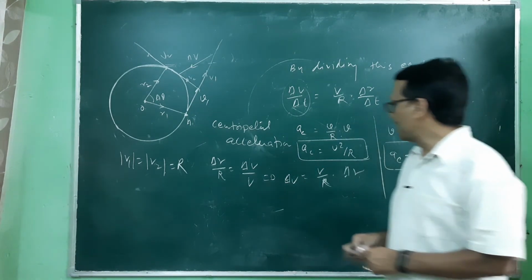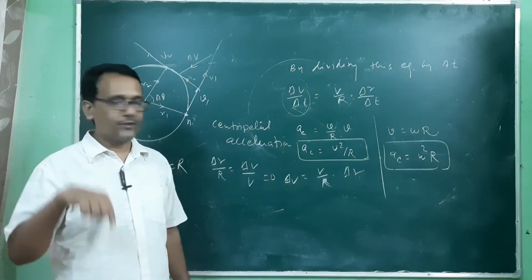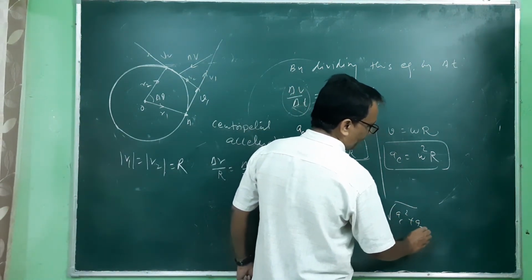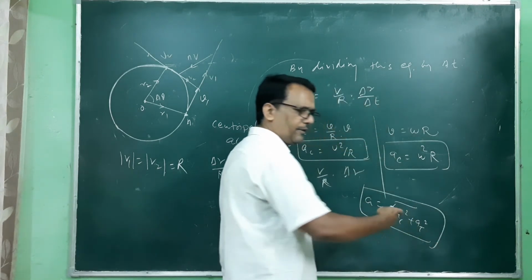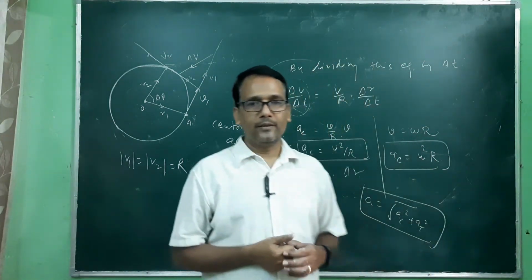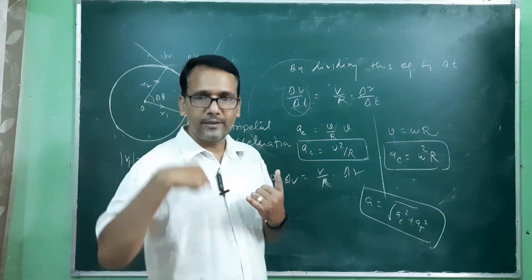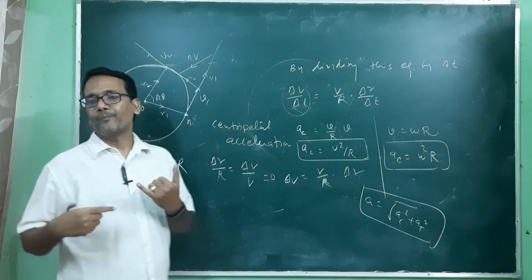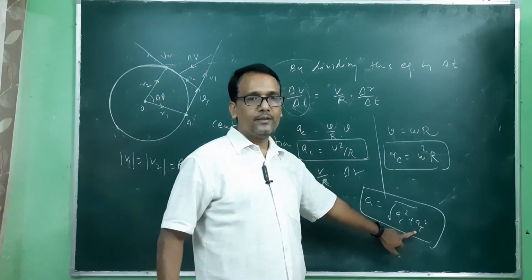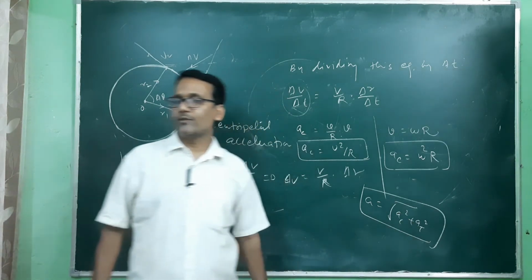So generally that acceleration A, the first acceleration we took, is represented by AT, the tangential acceleration, and this is the AC. So this A is written as the square root of AC square plus AT square. This is not given in detail in your book, but you should know. We have two types of acceleration. One is the centripetal acceleration in non-uniform motion, where velocity also varies and the speed also varies, and the second one is the constant, uniform tangential acceleration. The total acceleration is the vector sum of AC and AT.